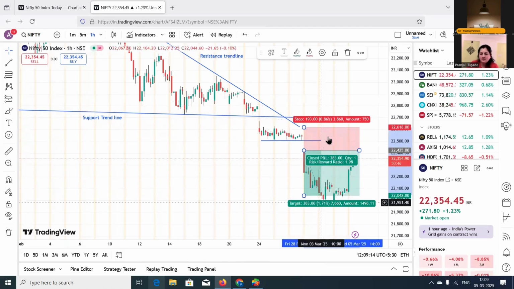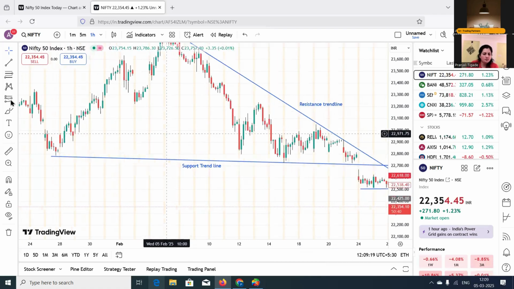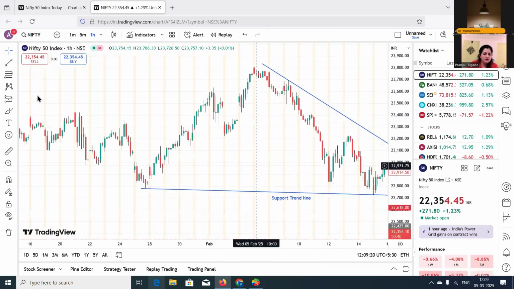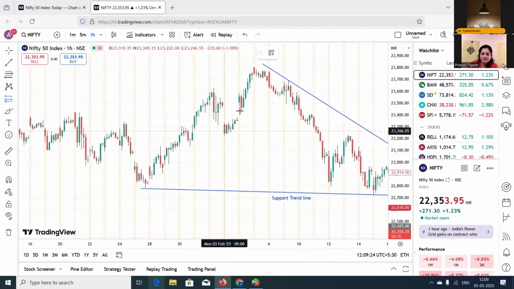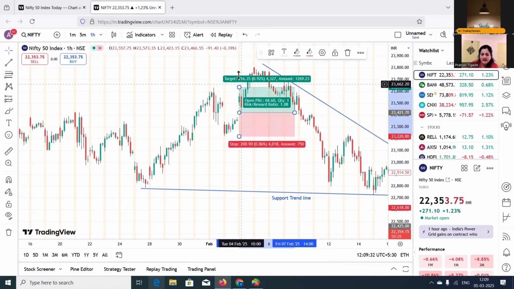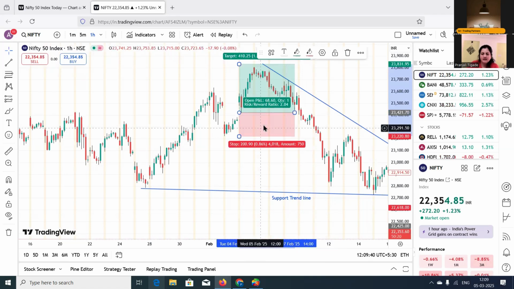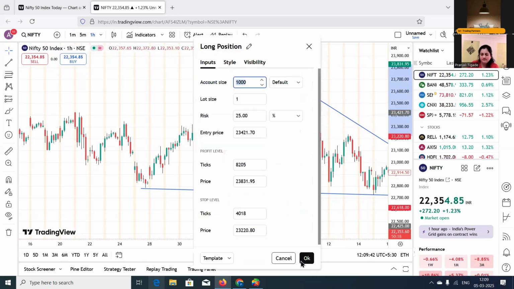So just like we have selected this for short position, even we can have it for long position as well. So from here you can go for long position, and suppose for example if I want to take a trade over here, my stop loss is below this candle and my target is suppose 1:2. So simply I can drag it, okay, and I can change the values.